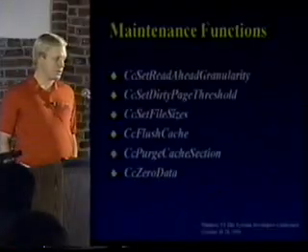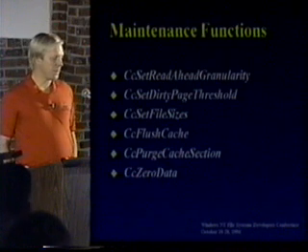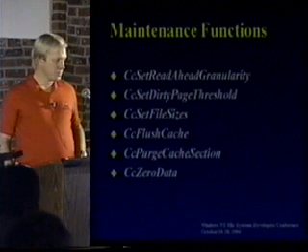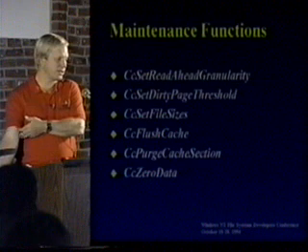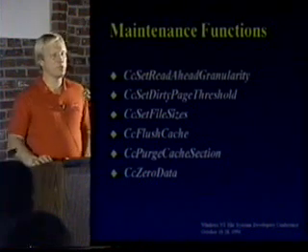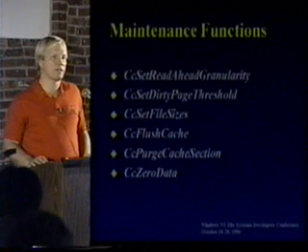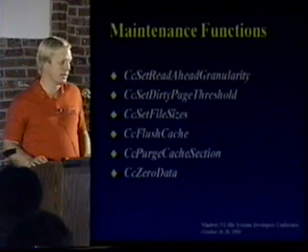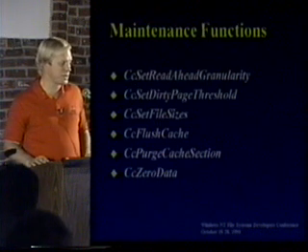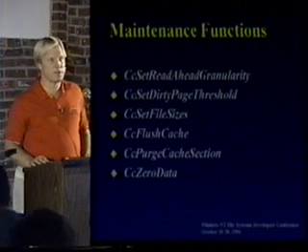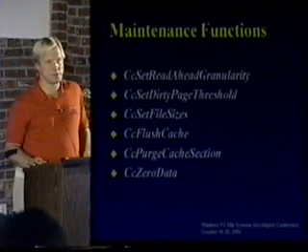There's a few maintenance functions. Some of these are optional, some of them are more or less mandatory. To start with, there's CC set read ahead granularity. When you first start caching a file, by default, the read ahead unit for that file is 4 kilobytes. That's unfortunate, I wish we'd picked it the other way around, but right now the default is 4 kilobytes, and so what all of our current file systems do